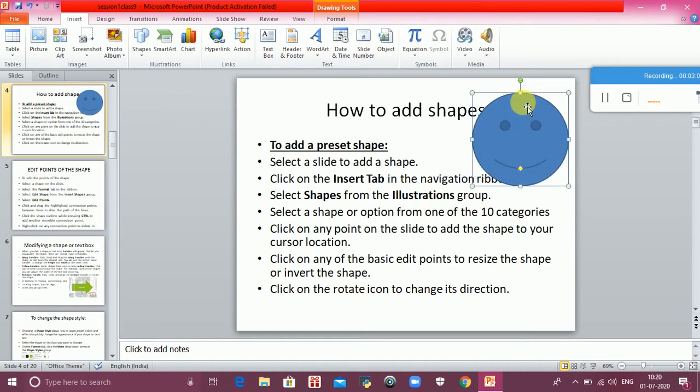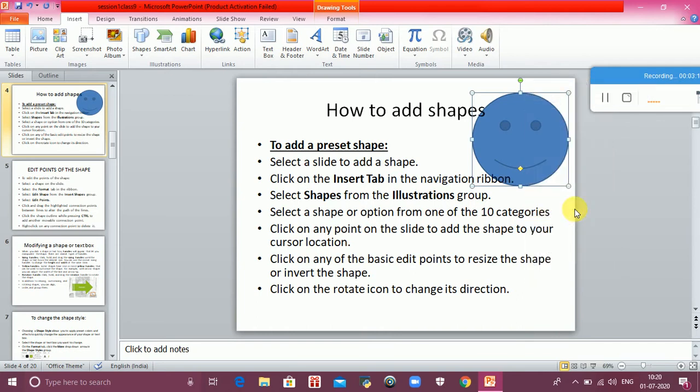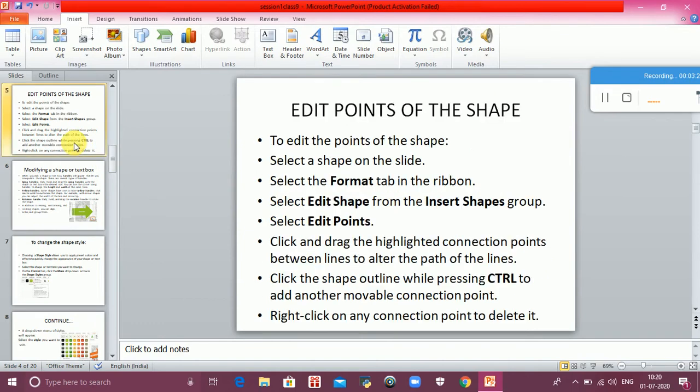And this type of arrow is used to change the place of your shape. So this is the method to insert a shape in your slide.